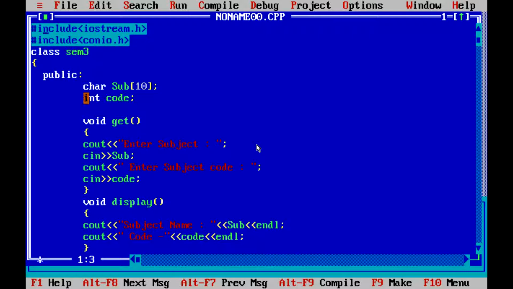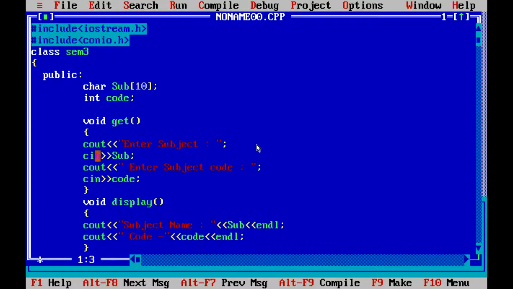Then the second data member is code. Code is an integer, so we define int code. So we define the two data members. Next we define one function, void get, which is used to accept the data, and void display to display the data.